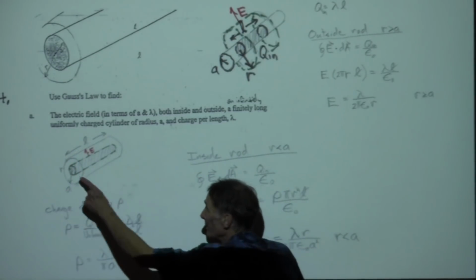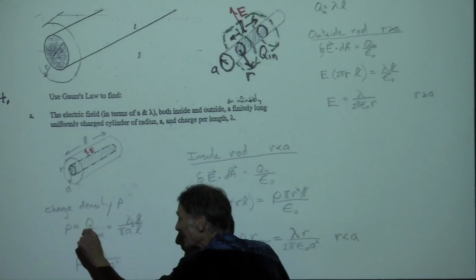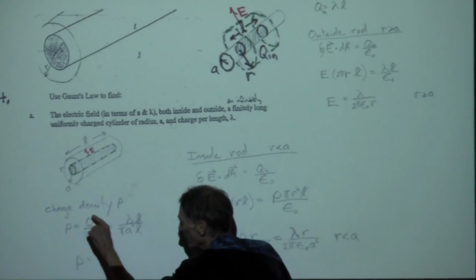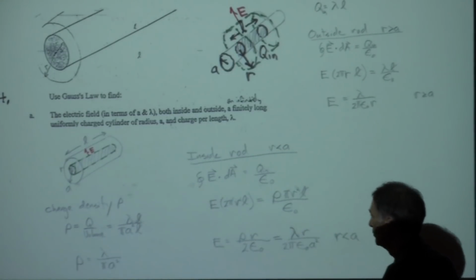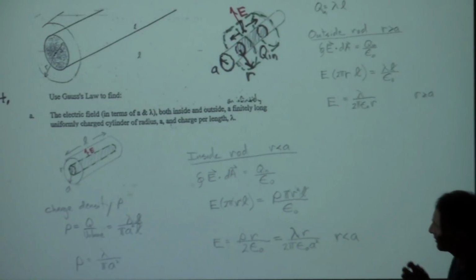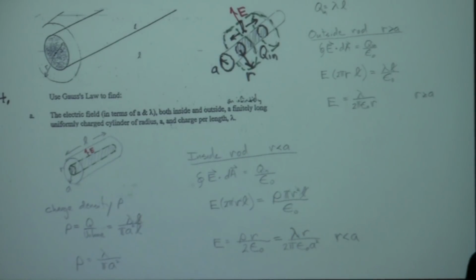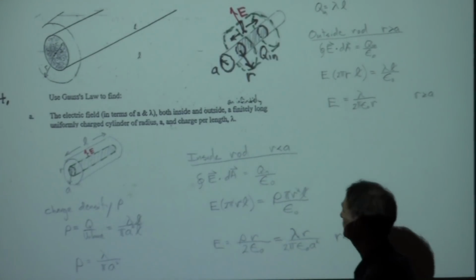That's going to be lambda, but then I need to say, well, I need to get the volume from that and get the volume charge density. So little twists that can really derail people. Yeah. About the outside of the rod,